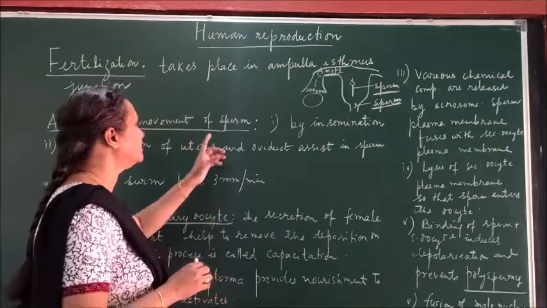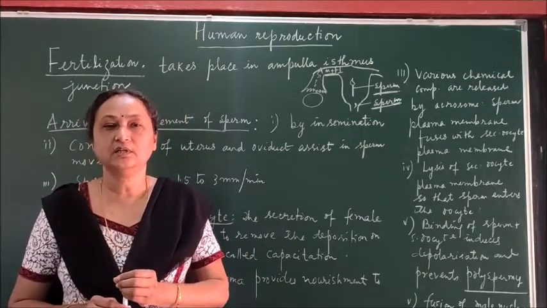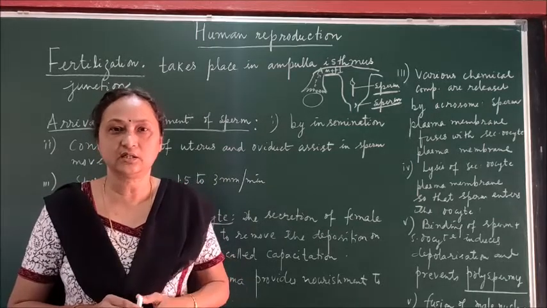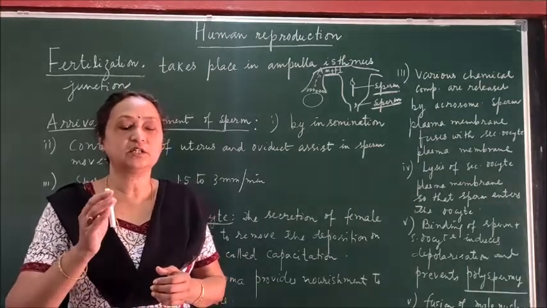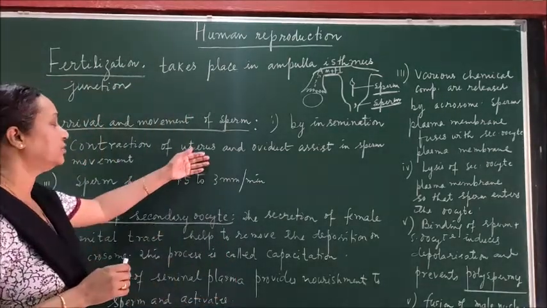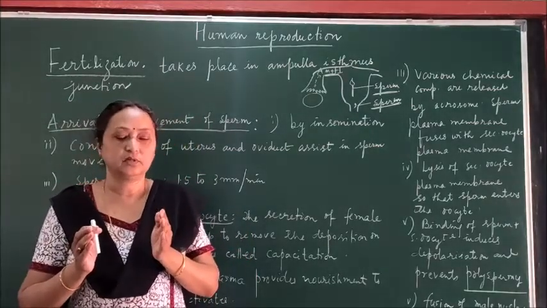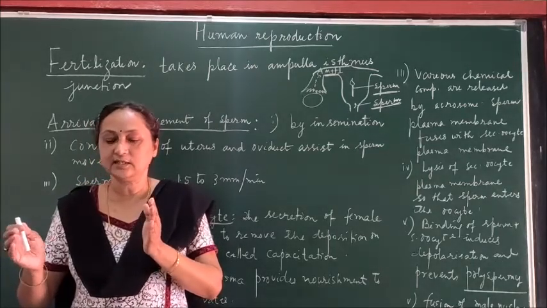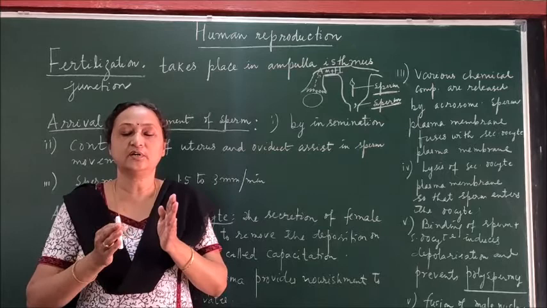In one single ejaculation, one time when the semen comes out of the reproductive system, you can find there are 300 million sperms in the fluid. So many sperms are present in the fluid, and they start moving towards the vagina and the cervix. Okay? But you know that the medium in the vagina or the cervix is acidic, and the fluid of the semen is alkaline. So this alkaline fluid neutralizes the acidity of the female genital tract.